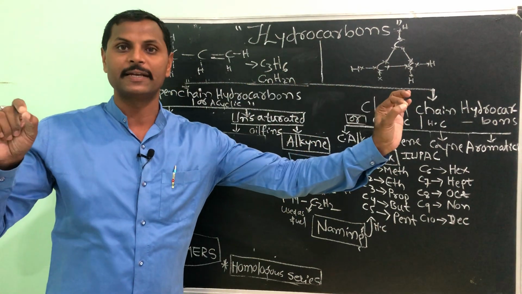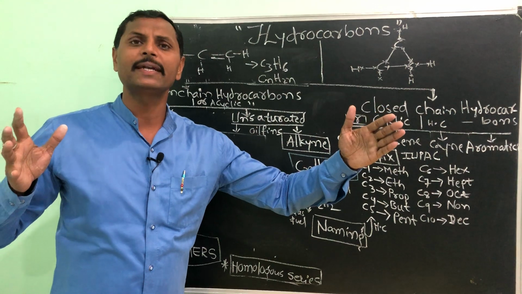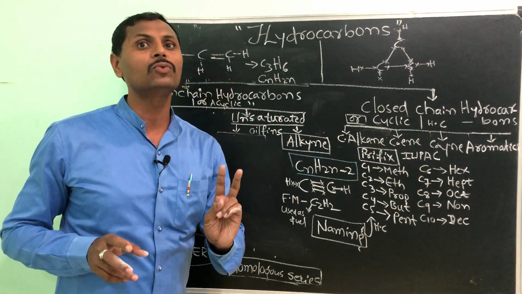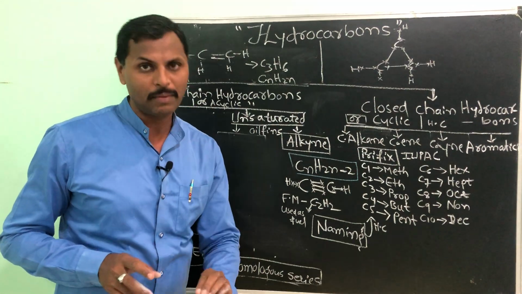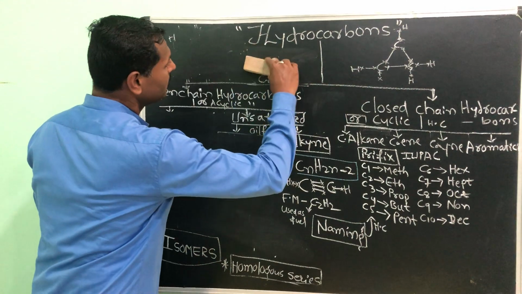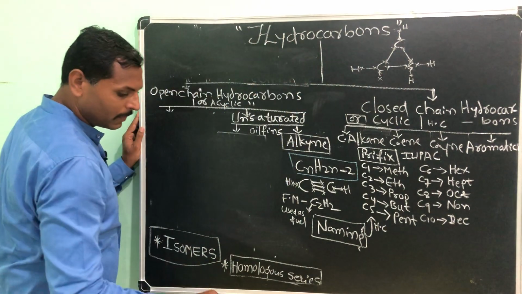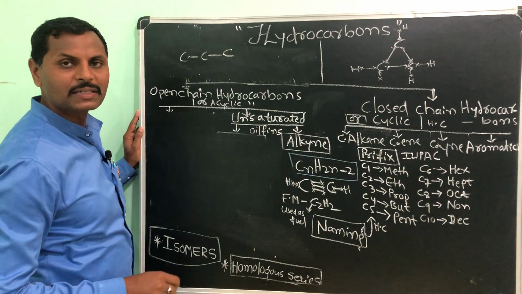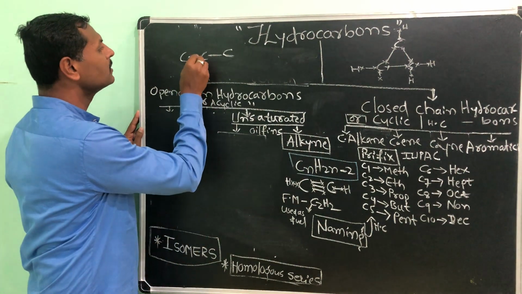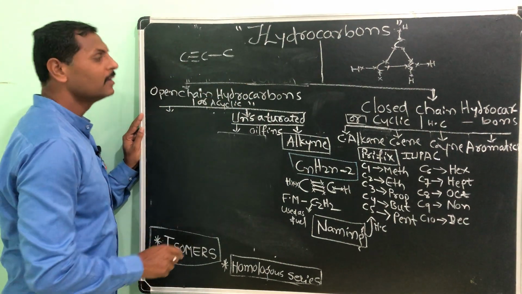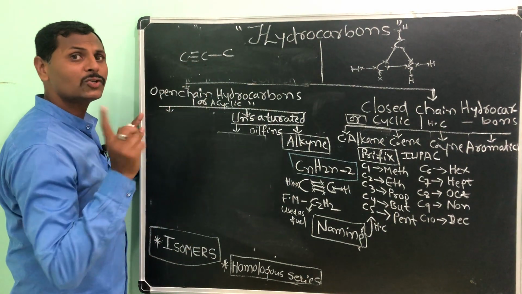an entire chain. Suppose you take 10 carbon atoms. In that, between any 2 carbon atoms there must be a triple bond. Okay, so we will see an example for that also. See, I will take 3 carbons, and simply a triple bond between any 2 carbon atoms in the entire chain, and see to it that each carbon should have how many bonds?